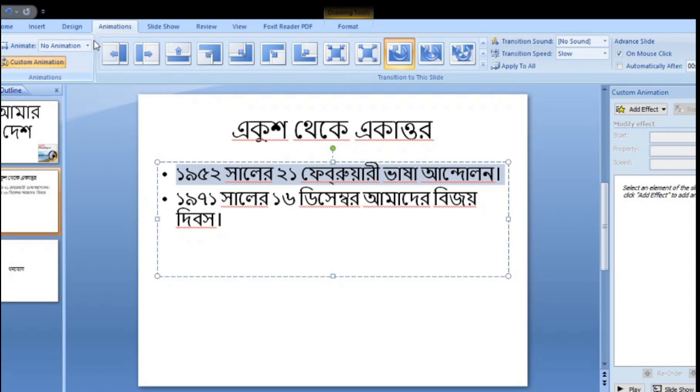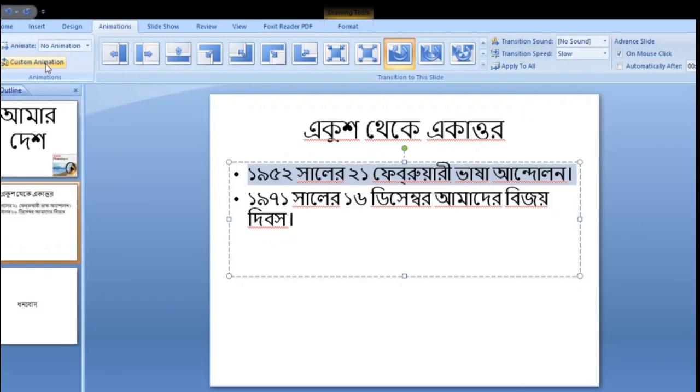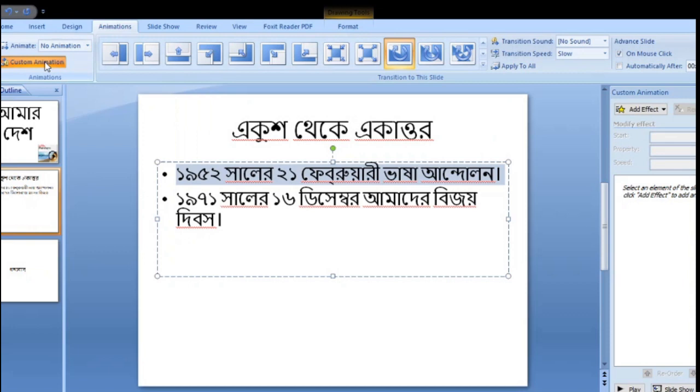Click a command called Custom Animation, which will be added to the bottom of the animation. Click this one, Custom Animation, and a palette will come. The Custom Animation palette will appear. Combine the animation: select Add Effect, click on Entrance. For the first slide